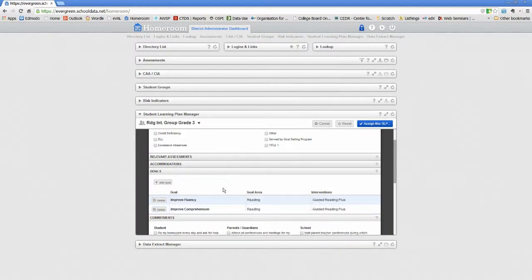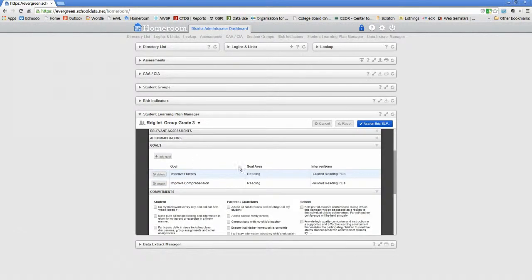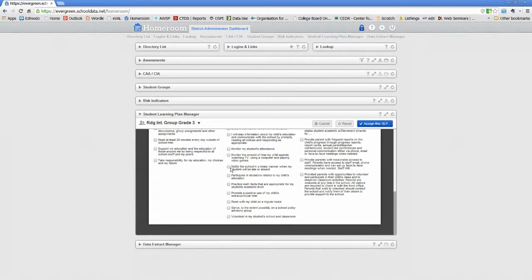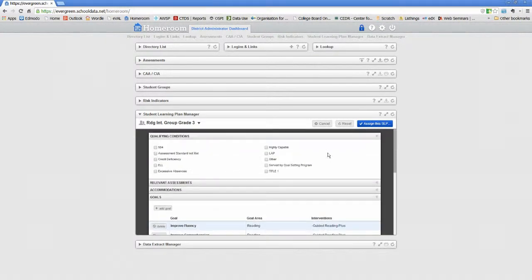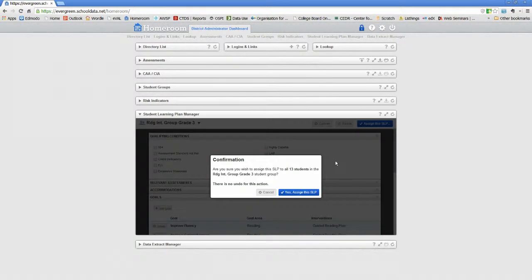So now I have just taken these students and I've added them to the Guided Reading Plus group that they'll be seeing, and their goal that they're going to be working on is to improve comprehension. Now once I've done that, they're set. Now all I have to do is assign them to this SLP, so all 13 of these students will be